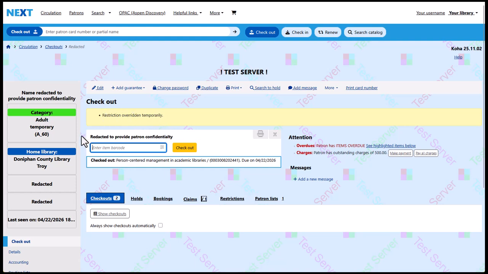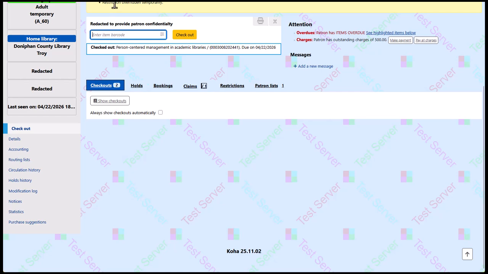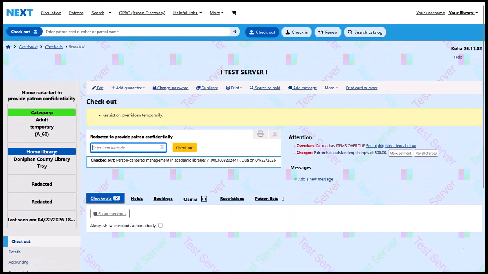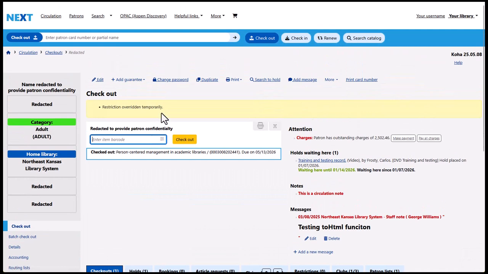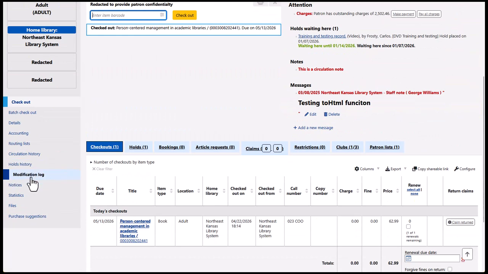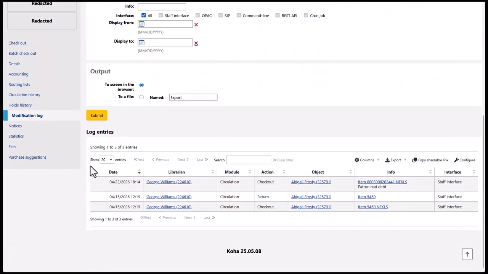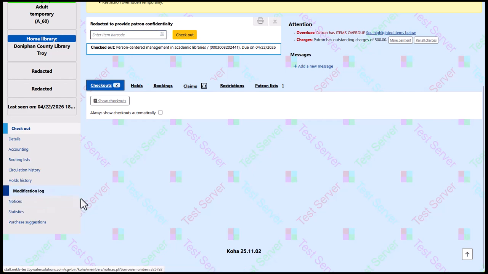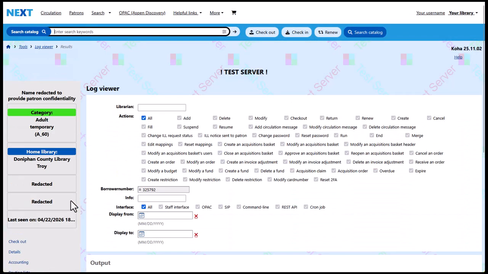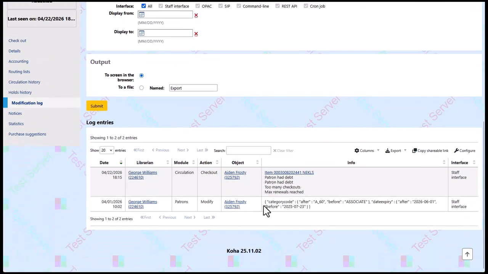So restriction overridden temporarily. The difference between Koha 2505 and 2511 is if we go to the modification log or the circulation, if we go to the logs for this item, we'll see checkout, return, checkout. And if we go to the modification logs for this patron, we'll see